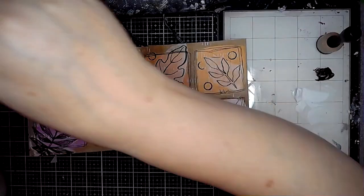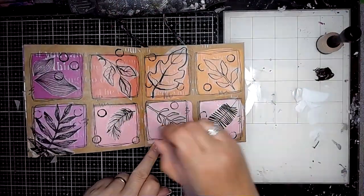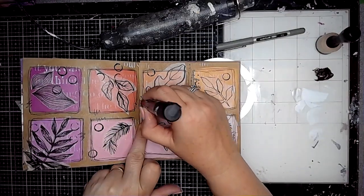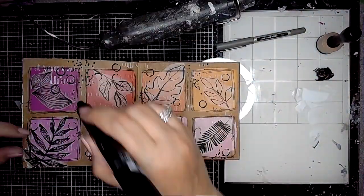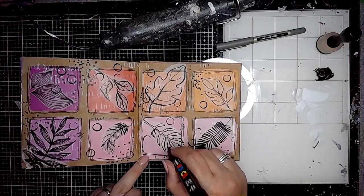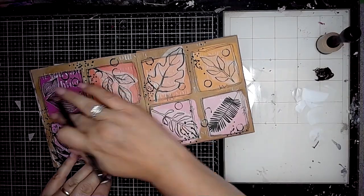So this is a weird plastic tube that I think must have had a paintbrush in it or something, but it's fabulous for printing circles. I would say, look out for things that you can save, like lids from things, that are great for stamping shapes onto pages. They can help with your mark making when you're finishing off your page. Then I'm using my favourite Posca pen, adding a few dots onto the page,